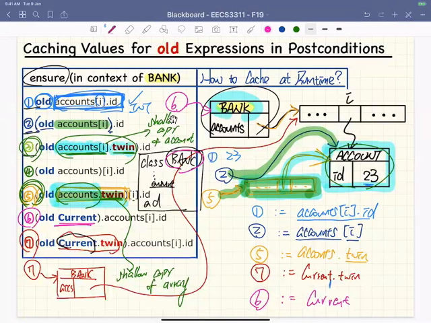Can the result of the old expression be void? Yes, of course, depending on what you're trying to store. Maybe in this case you're simply trying to assign something that's void to something that's not void. In that case, old expression, yeah, of course. Okay, so now